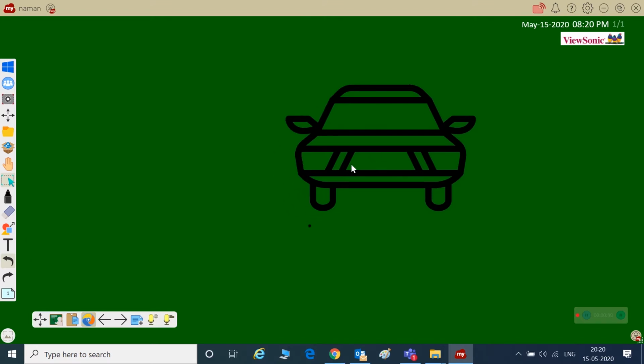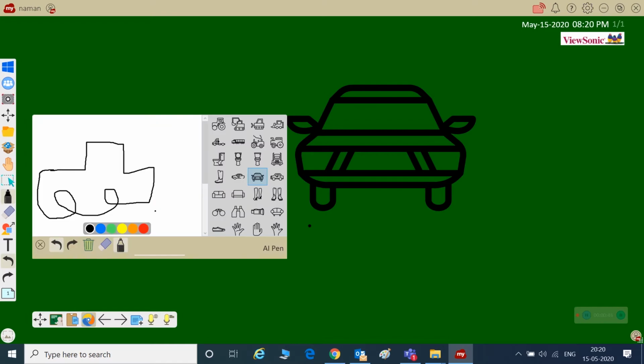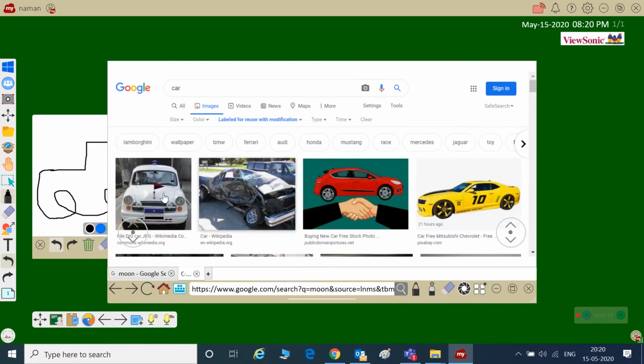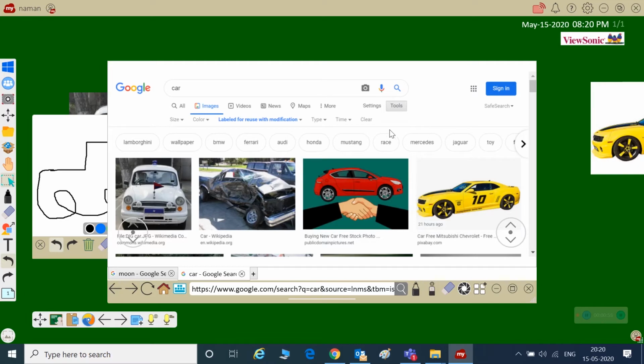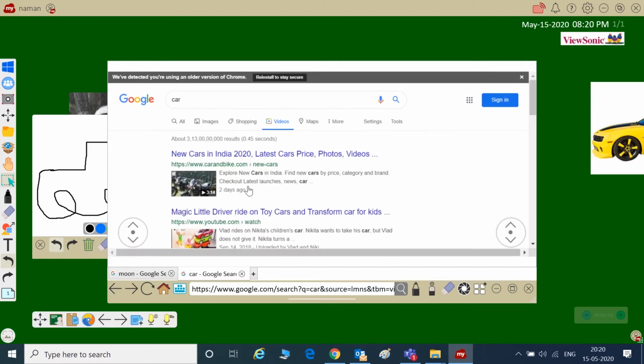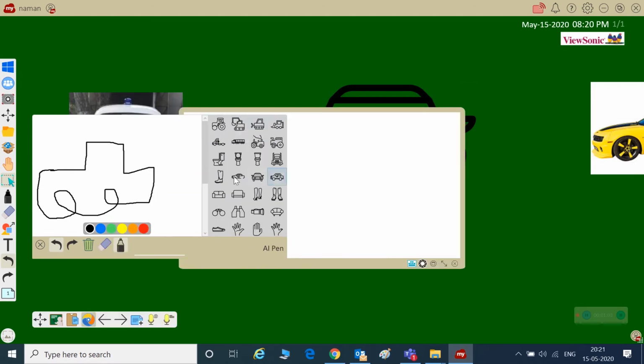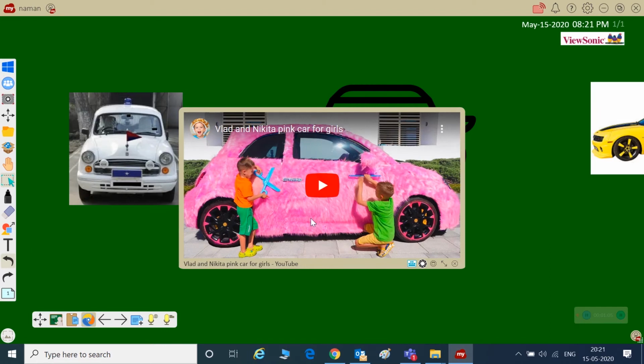to the dashboard, or if a teacher wants to explain more about the same, they can simply long press it. It will take them directly to Google. Real life images can also be dragged and dropped on the canvas. The same process can be done for videos as well. As you can see, videos and all the pictures have been brought down to the canvas.